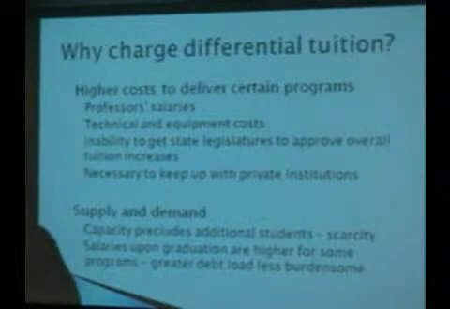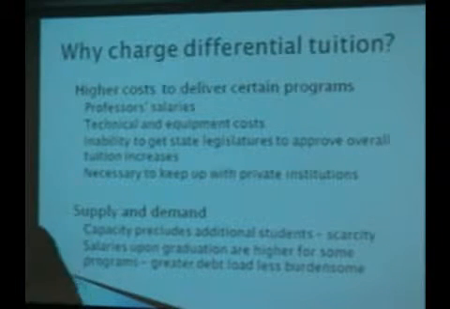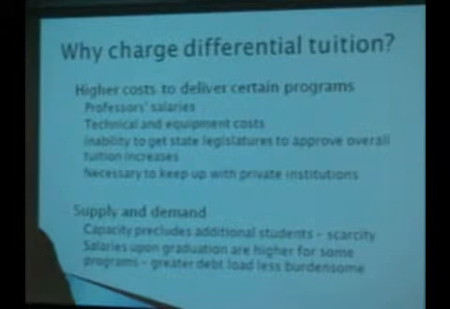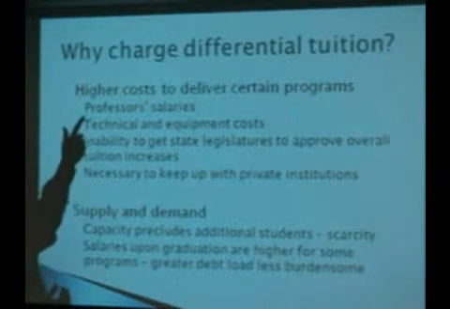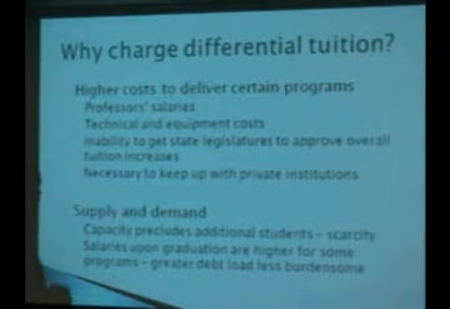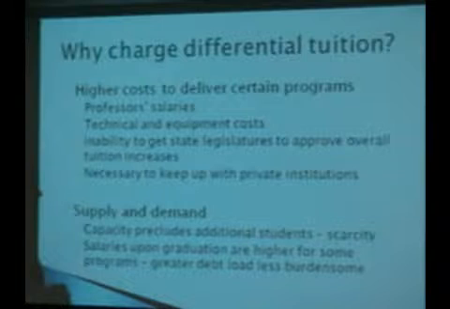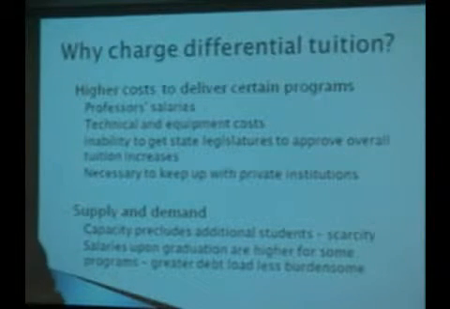Why would a school decide to charge differential tuition? Well, it's all about money. At the end of the day, the schools need more revenue to run certain programs. The reason these costs are higher are because of professor salaries, technical and equipment costs, especially in science and engineering, the inability to get state legislatures to approve overall tuition increases, and a necessity to keep up with private institutions